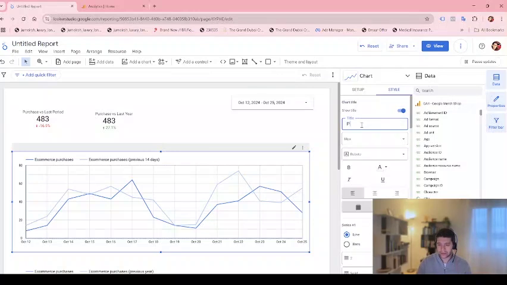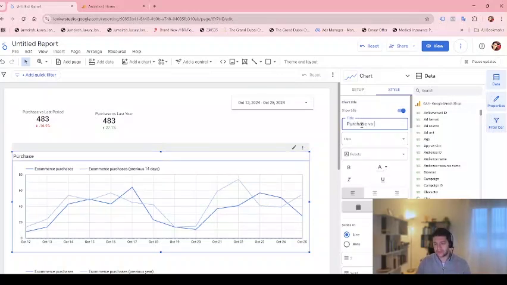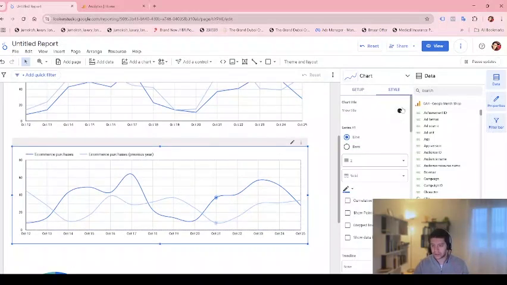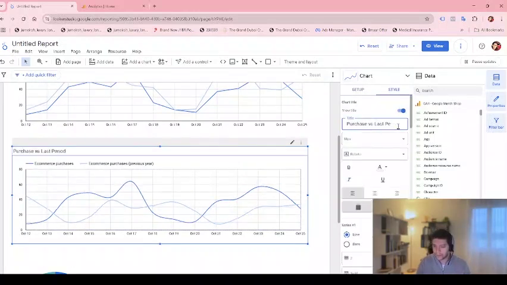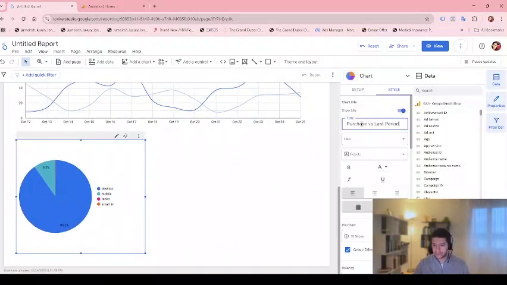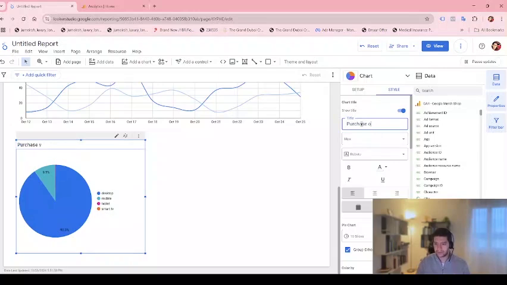Here, purchase versus last period, and here it's purchase versus last year. And here we're going to put purchase per